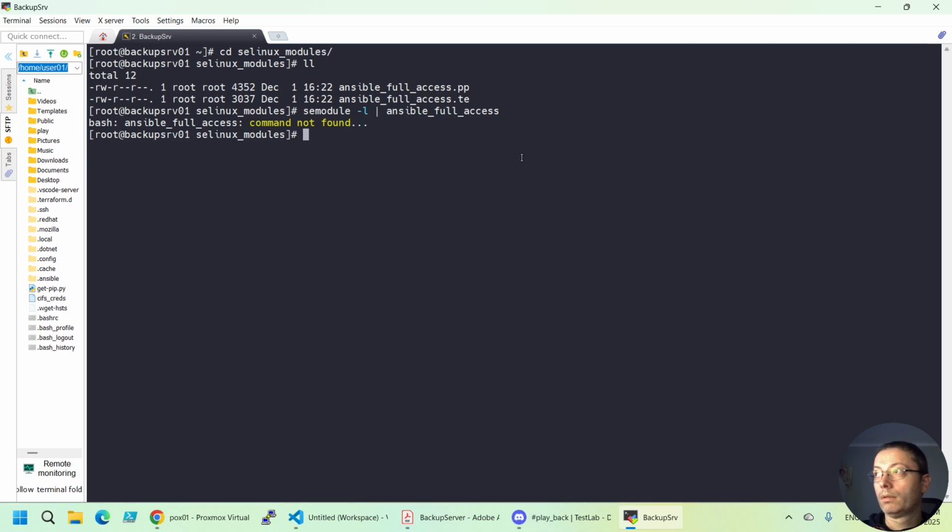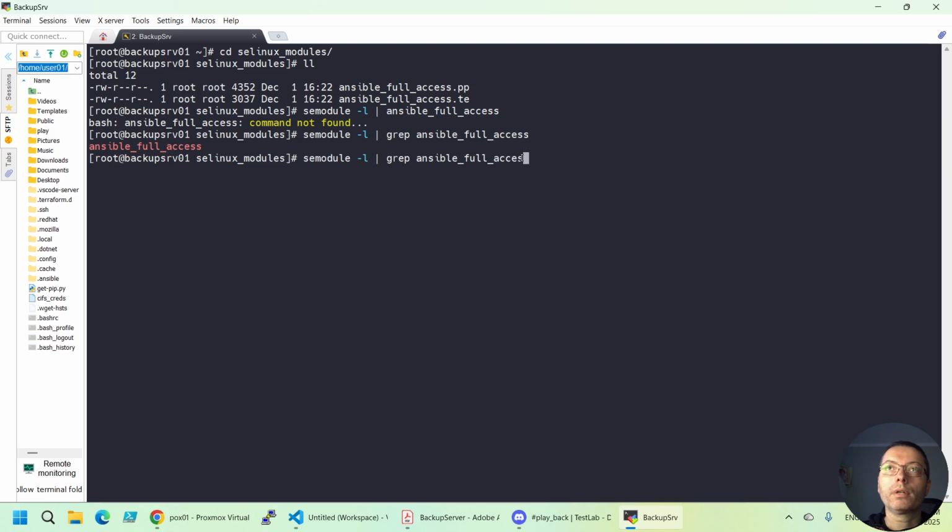Didn't I write it correctly? Grep. I forgot the grep. Haha. Okay, this one. So that is our module, and we can, for example, if we don't use grep, we can see all the modules that are currently